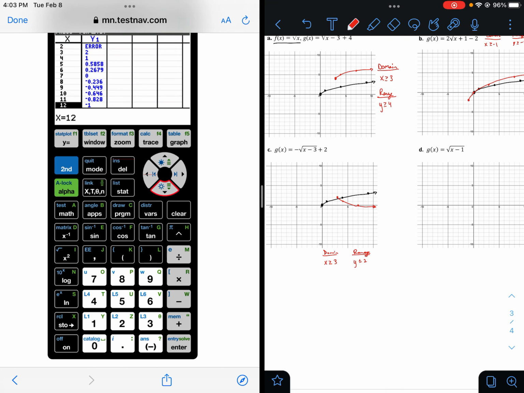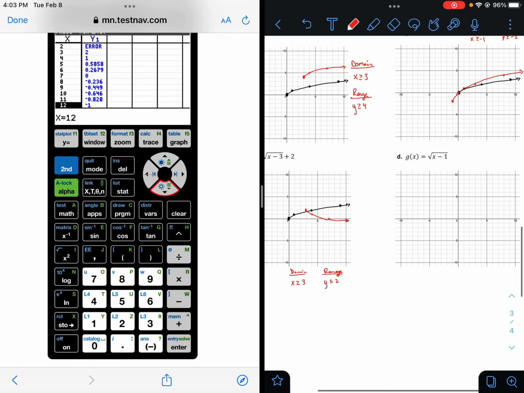And that's how we write domain and range, and that's how we graph radical functions using domain and range. You could try D if you want to. It's a simple shift to the right one, and that